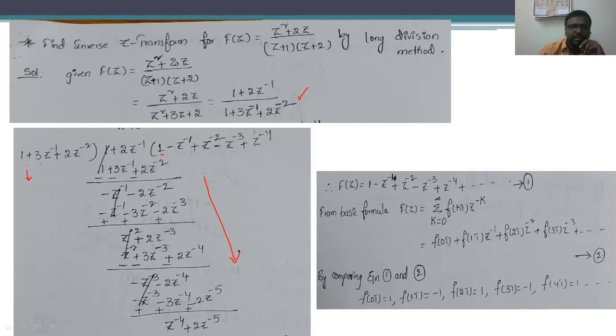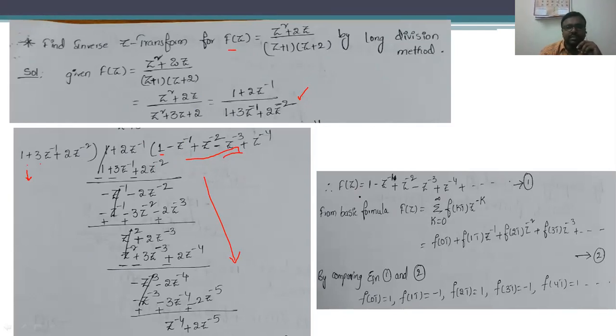Okay. In this way, we are going to obtain the different coefficient values. These are the different coefficient values. Okay. These coefficient values are nothing but the x of t values or f of t values here, the function value which is given as f of z. So we are going to get the f of t values. These coefficient values are nothing but called as the f of t.